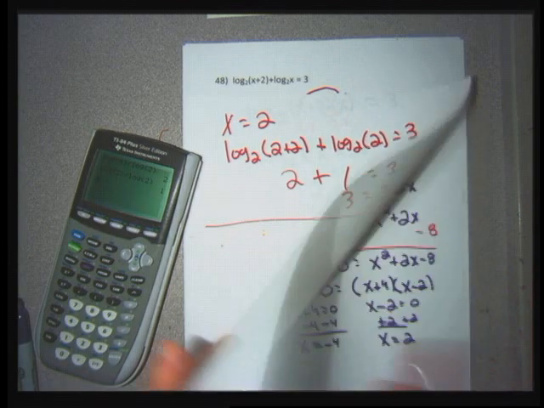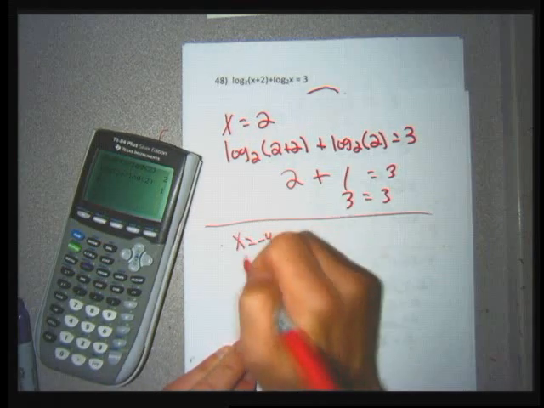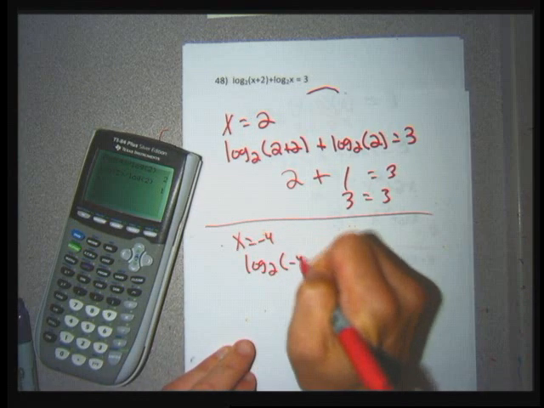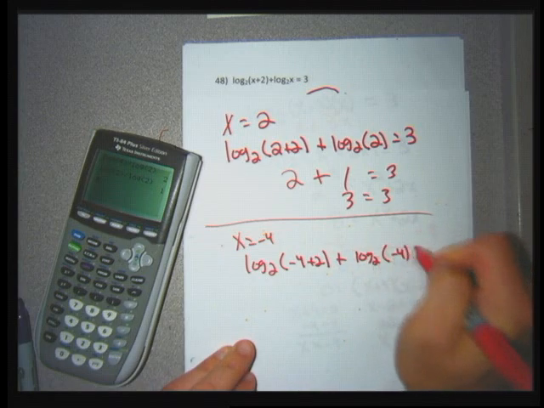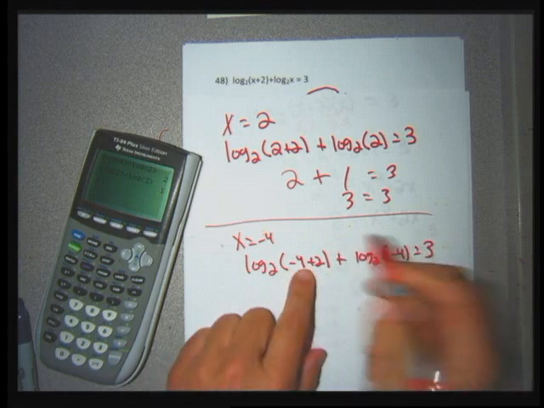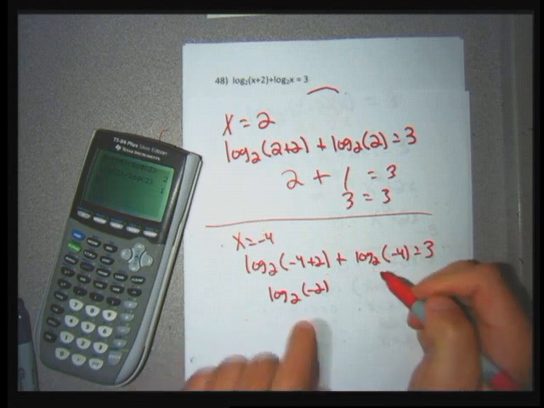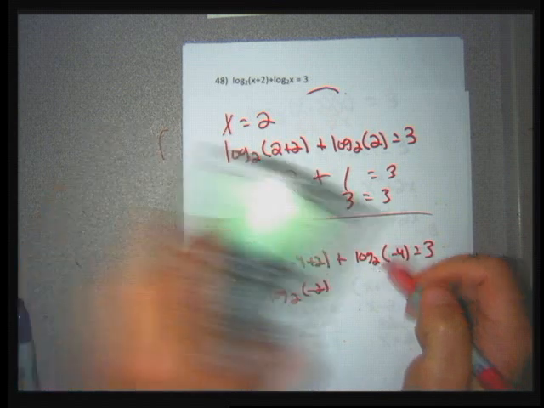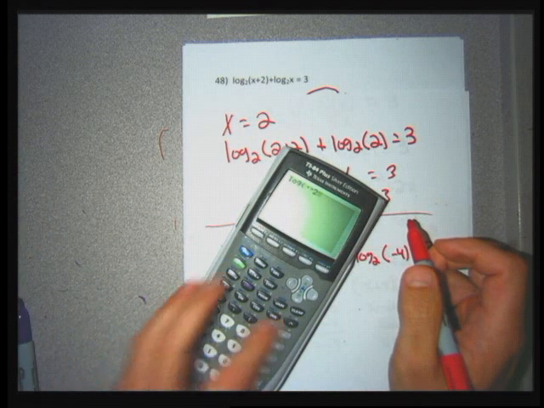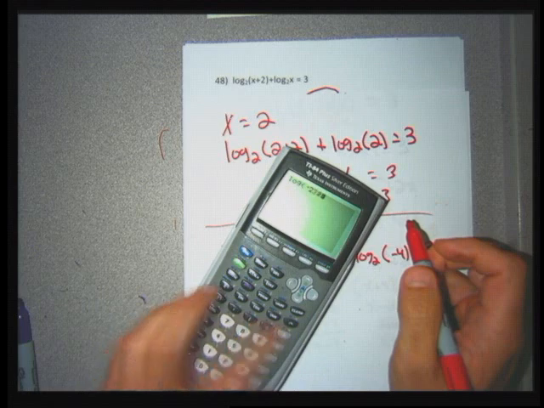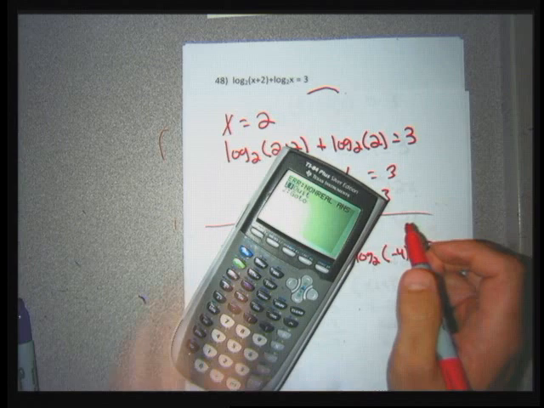The next one I need to check is this negative 4. To check x equal negative 4, I'm going to go the logarithm base 2 of negative 4 plus 2 plus the logarithm base 2 of negative 4 equals 3. This right here, I'm going to do logarithm of negative 2 divided by 2, and my calculator is going to give me an i, and that's going to make the solution not check. So when I do log of negative 2 divided by the log of 2, this is going to be an error, non-real answer. So I get an error